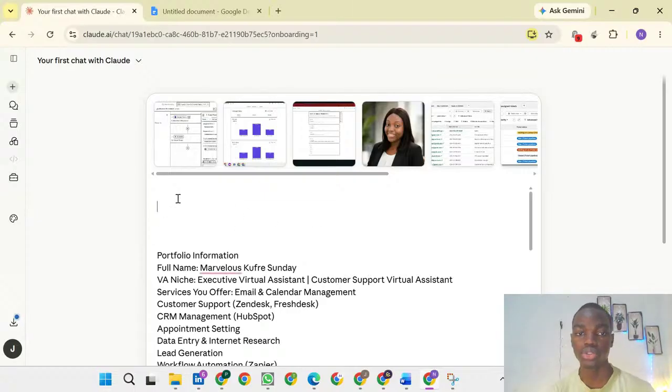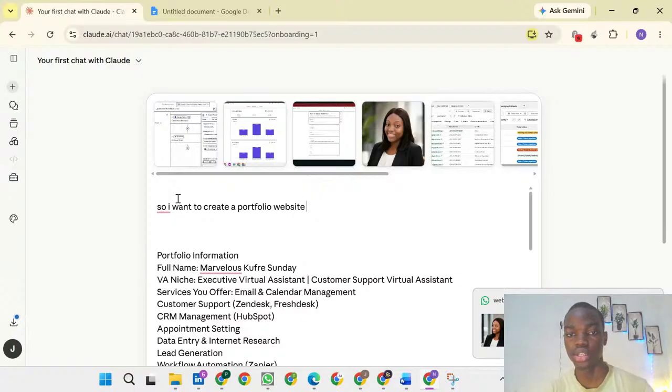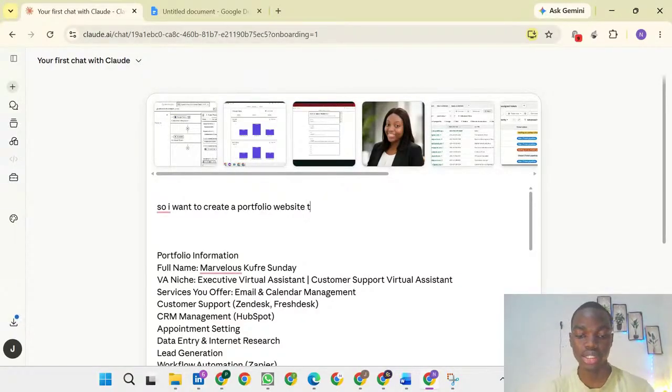So what I want to write now is to describe what I want from Claude AI. I want to create a website, a portfolio website. So I want to create a portfolio website that